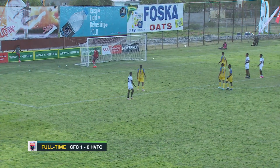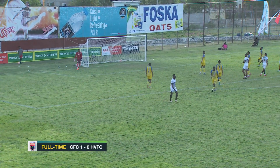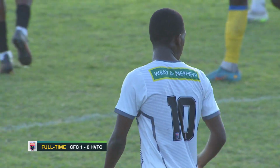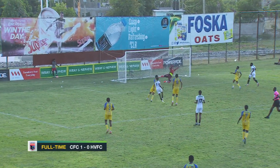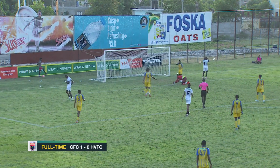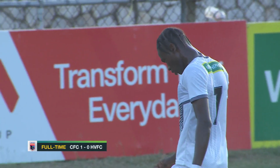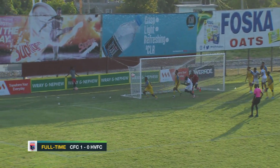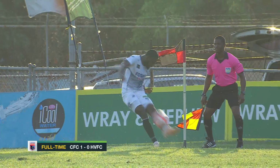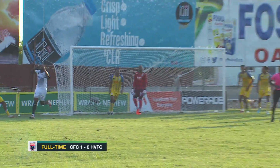This one, perhaps their best, forcing a save from the goalkeeper, Samuel. Dwayne Atkinson, the man behind that one. And this, what a beautiful take, what a fire from Jalmara Calvin. Samuel was busy, and those were great opportunities for Cavalier. And again, another header, but that was from Garth Stewart, unable to really get it away, and it rattled the